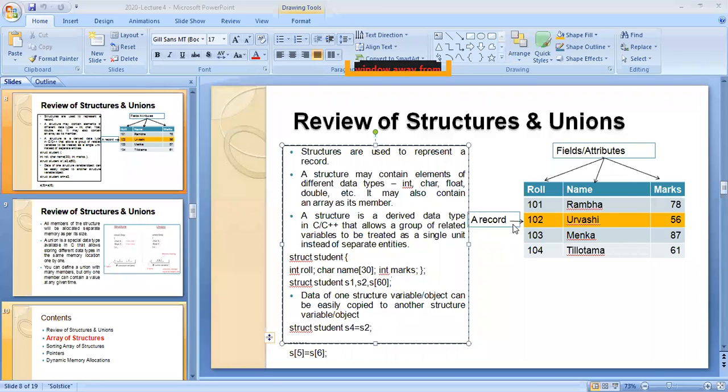For each one you are giving the values, right? This is of student S1, this is of student S2, this is of student S3, and this is for student S4. So these are called structure variable values. The structure variables are S1, S2, S3, S4, and for each structure variable there will be values, and these values are this one. Understood? So now you come for the next topic.